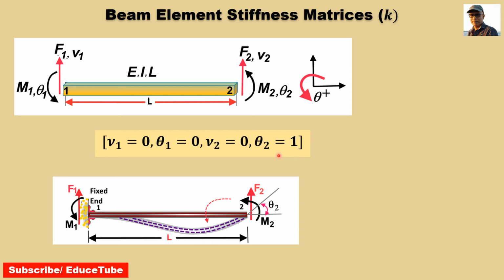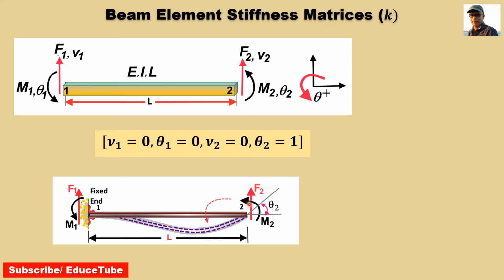So theta 2 equal to 1, and this is the deformed shape of the beam. Here node 1 is fixed. If node 2 of the member is rotated by theta 2 equal to 1 relative to node 1, so that the chord of the member rotates anticlockwise,